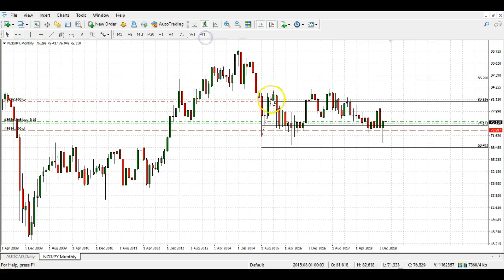But I want to show you something even more profound, and I'm referring to what happened yesterday. I'm talking about the close. Yesterday was the last day of the month, January. You can see that we now have reconfirmation from the monthly perspective, with that close above 74.17, and that's after a very deep, swift move that ended up